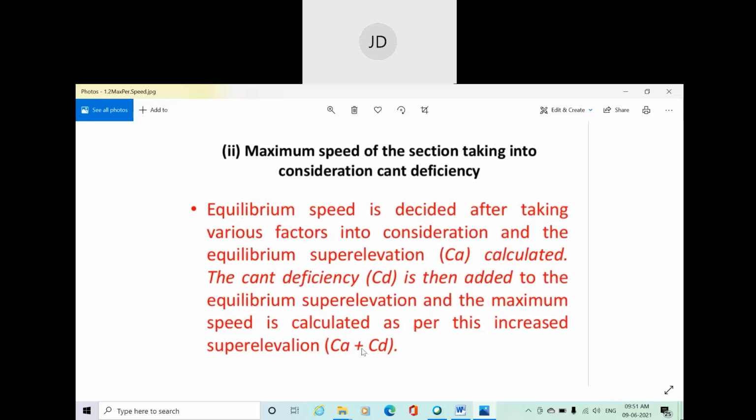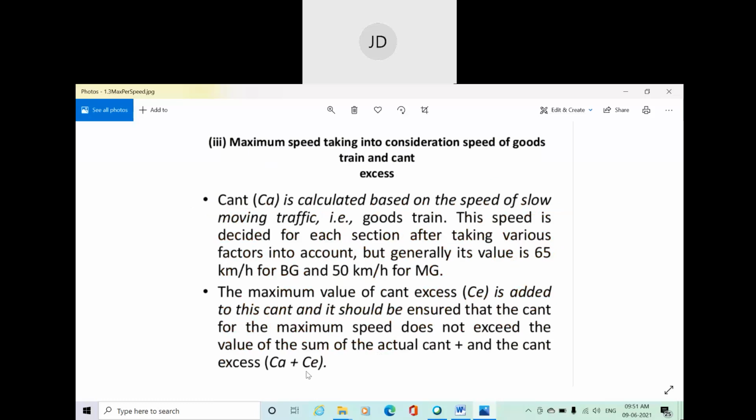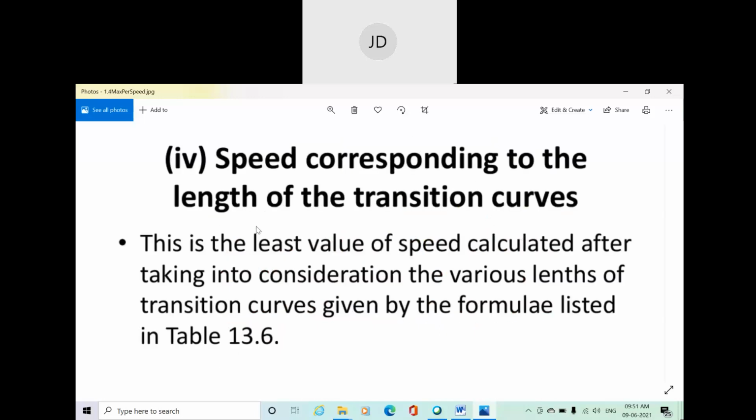In this second condition we have added cant deficiency. In the third case we added cant excess with the actual cant. Fine. And third one, when the length of the transition curve is not available, we can also find out a safe speed or maximum permissible speed on transition curve. So this is the least value of speed calculated after taking into consideration the various lengths of the transition curve given by the formula listed in the table